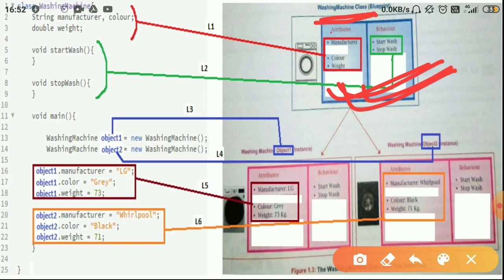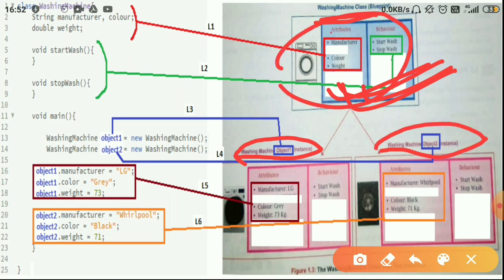But if you notice here we have got washing machine object, and this is also a washing machine object. That means this one is not the actual washing machine, it's just a blueprint. It's a blueprint for creating the actual washing machines.